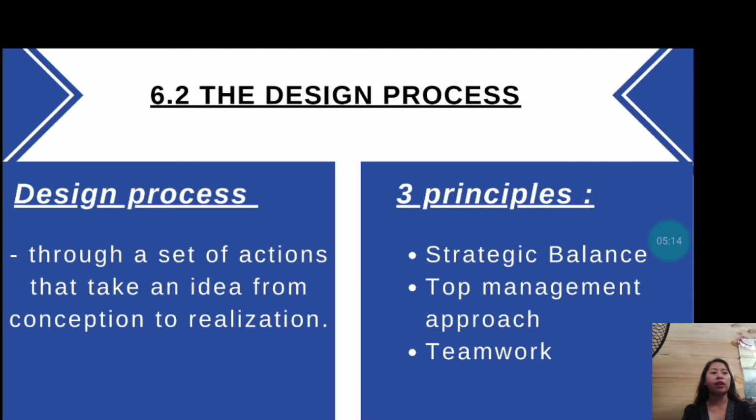So what it says here is that if you innovate, your attention to the other aspects of your business should also be balanced. For example, if you keep innovating without knowing, your funds may run out or your business may go bankrupt. So the second principle is the top management approach. I think it is common knowledge that the initiatives to innovate a new or existing product come from the top management. They are the ones who have legitimate authority, they are the ones who decide.